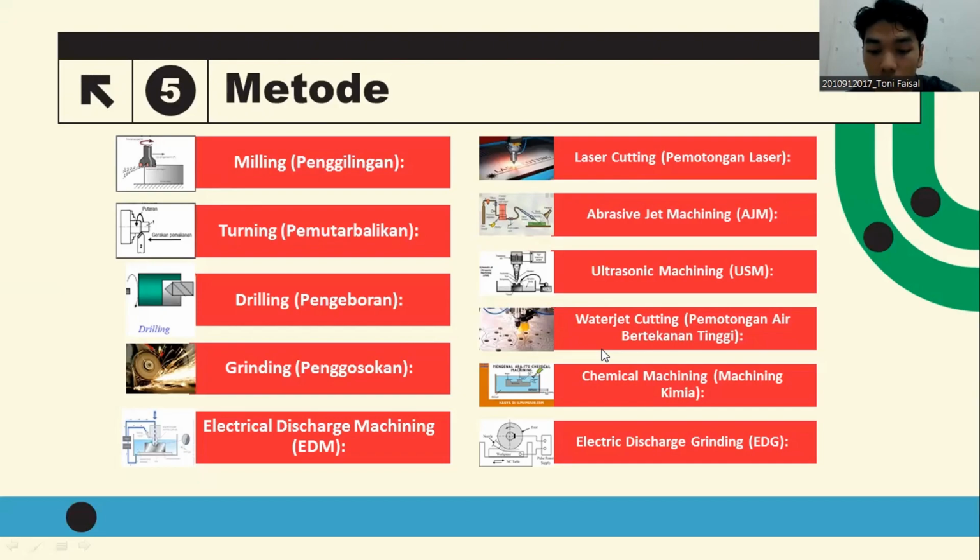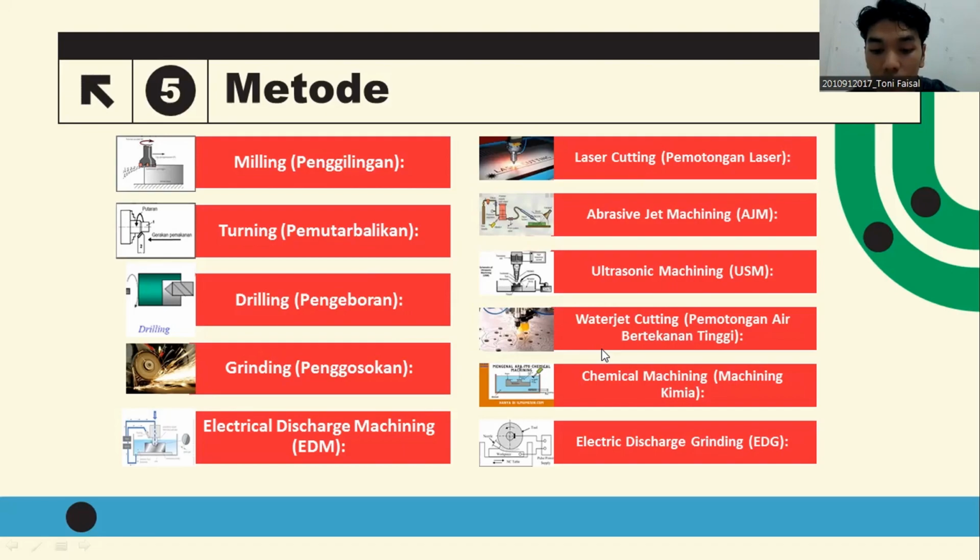The cutter can move linearly to shape the object. Next, turning. Turning is a method where the workpiece rotates around its center axis while a cutting tool moves to remove material from the outer part